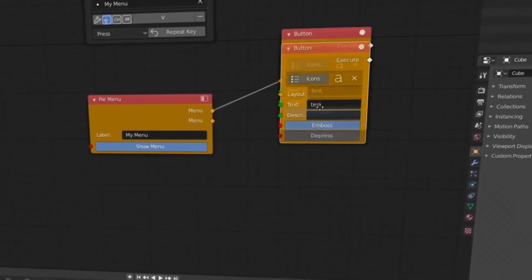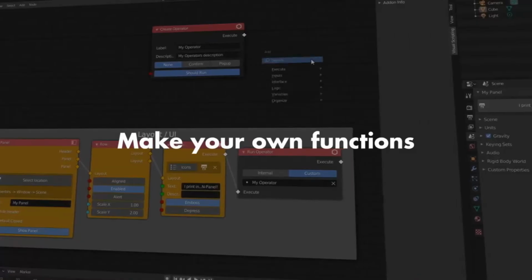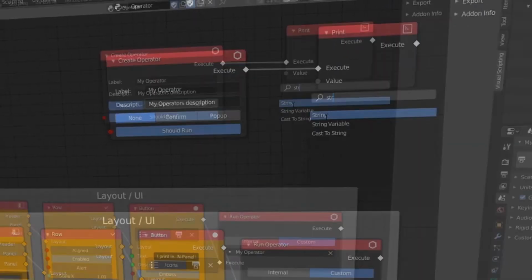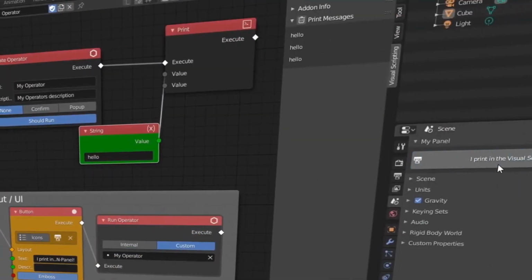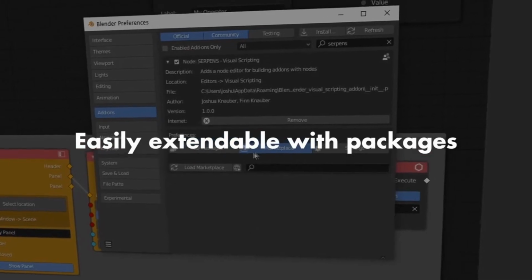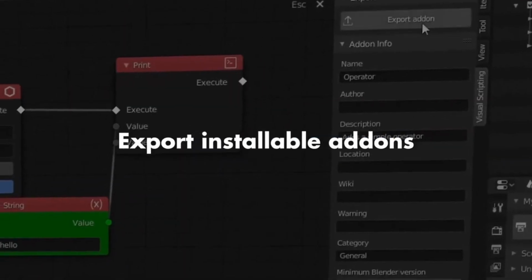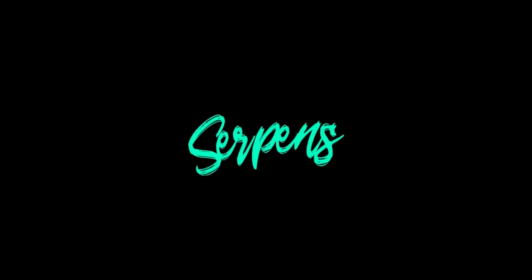Now, I know these examples are not much relevant for this, as they are just for shading and animation, while this is for developing add-ons. I just want to point out the nodes if you are not familiar with this concept. This add-on helps you develop add-ons easily without writing a single line of code. After you have done pretty much of what you wanted, you can also export the code as a Python file as an installable add-on. You also get built-in documentation and example templates to help you get started.